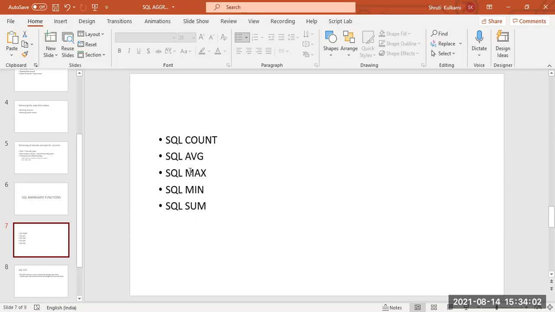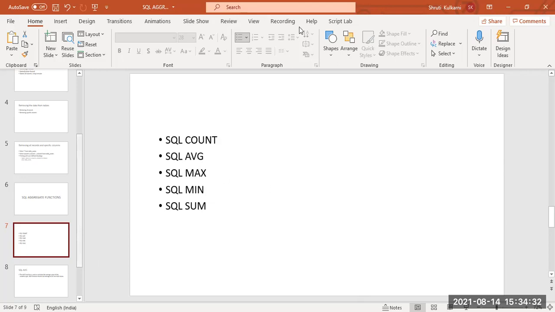How many students have opted for Java courses? How many have opted for advanced Java? If you go on scrolling up and provide an update or select statement, that is also okay, but if you want a specific value measure, we have to check. So count, average, maximum, minimum, sum: these are the aggregate functions for SQL.